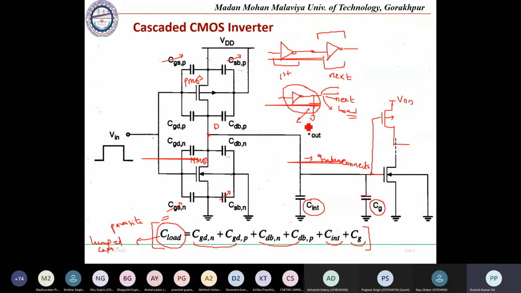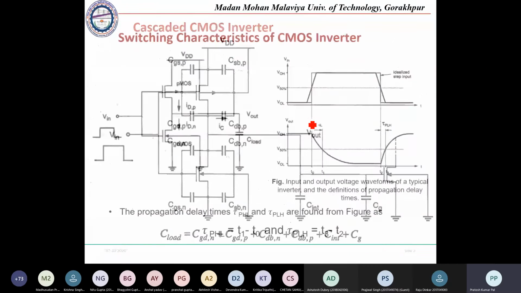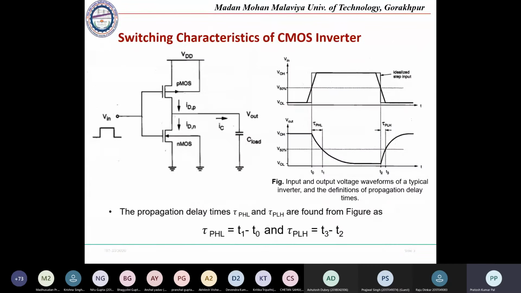And if we are not using this C load, it will have already considered the parasitic and all other capacitances. But once we are including the C load, that will be considered from the future point of view, like we are going to connect it into a practical circuit, so it will be having some load. So any circuit should be analyzed for having certain loads. That's why we connect a load capacitance.